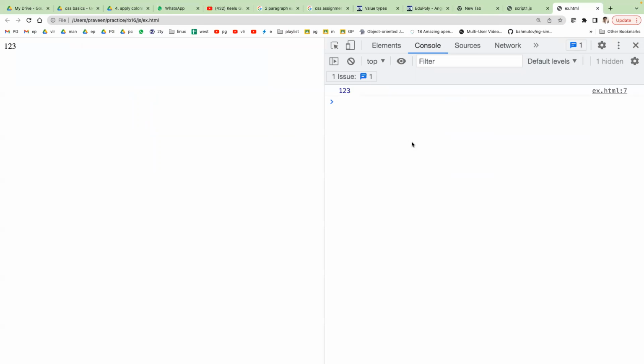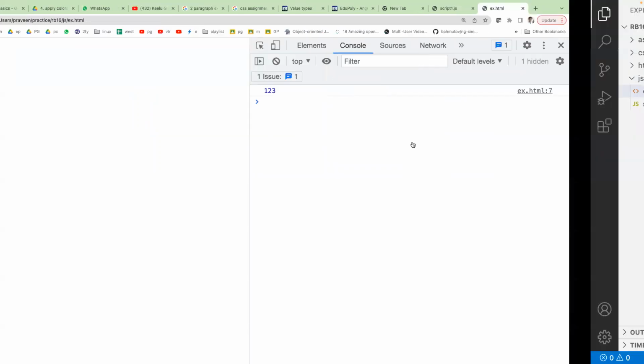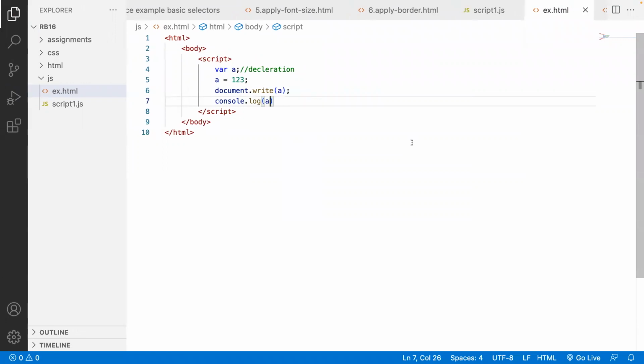So then it will give you 123 in the console part. I want it in the output. Then